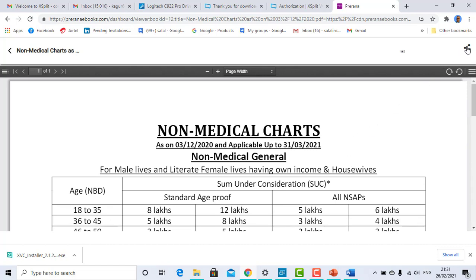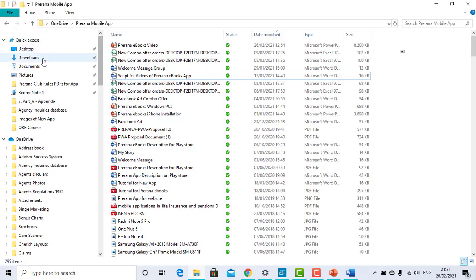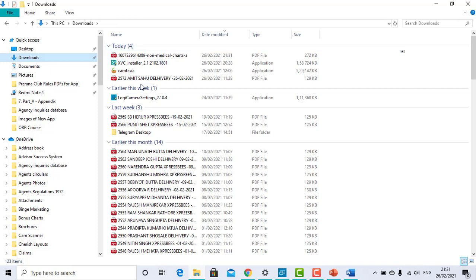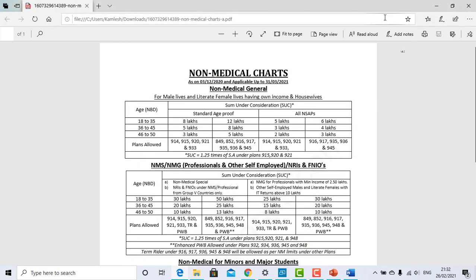If you want to share this document, click on this share button and the document gets downloaded on your PC. Once the document is downloaded, you open it and share it or open it. You can go to downloads over here. This non-medical chart is here, just open it. So this document is open over here. You can print or share whatever you want from the PDF file.